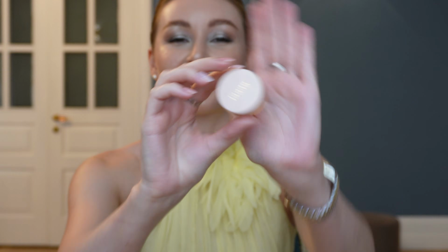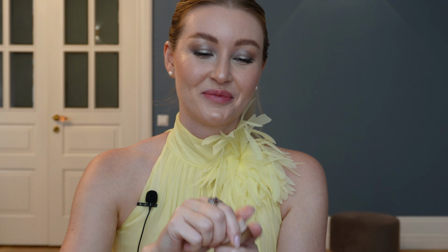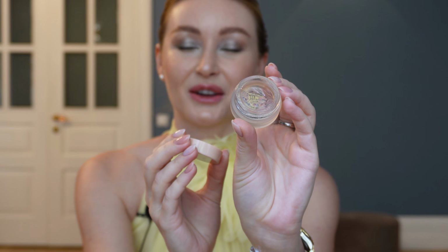And the last product that unfortunately didn't become my friend, and unfortunately I cannot suggest you, is this guy here. This is gel. Look at this one. It's almost untouched, you see? Unlike all the other products that I used a lot. Let me tell you the story about this product. So I've arrived to Gucci